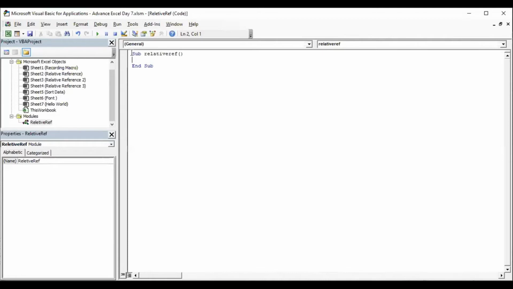It starts with sub and the name of the macro which you are running, then the open and close brackets, and then it ends with end sub. So that is how the procedure is run in VBA.